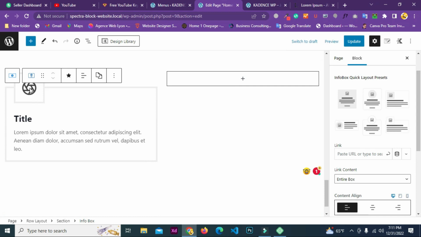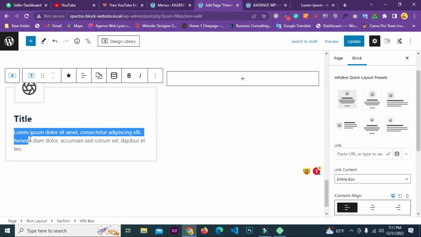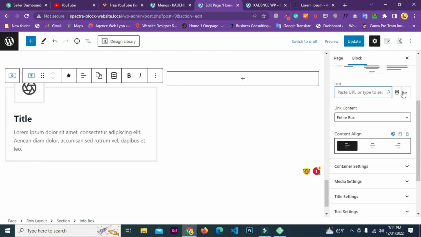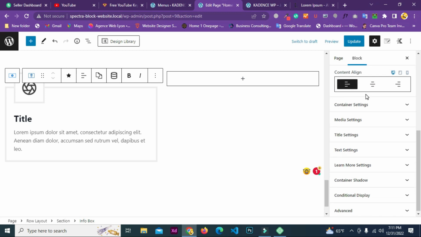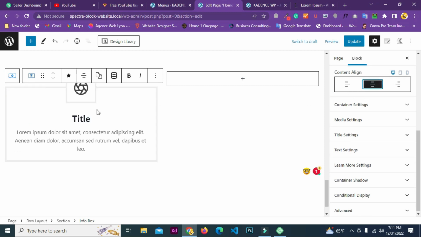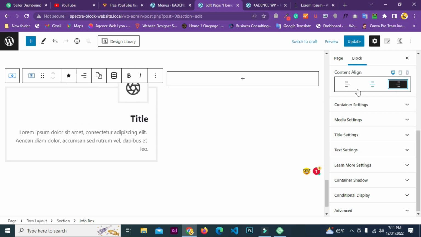You can here add a icon or image. Here you can add info box title, info box text, or you can add also a link here, info box link here. Like a content entire box, there is only learn more setting. If you want to add a learn more setting, info box alignment, text right,